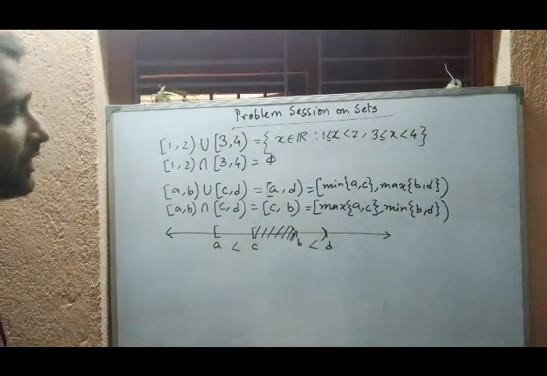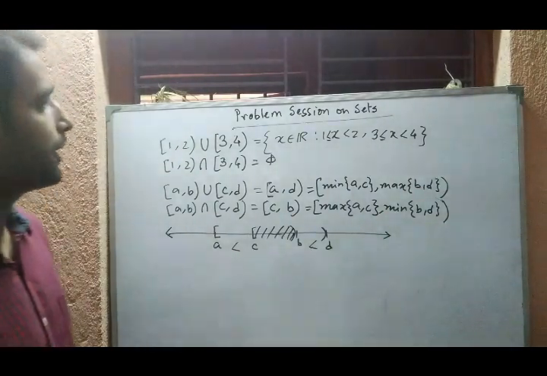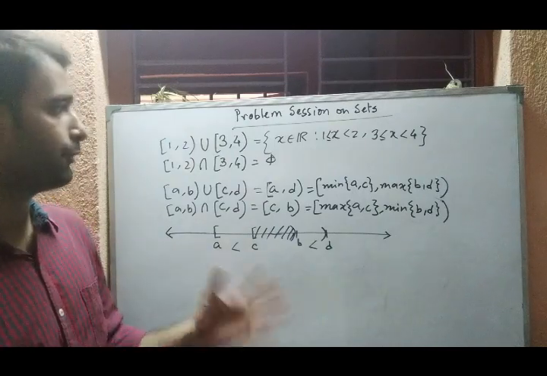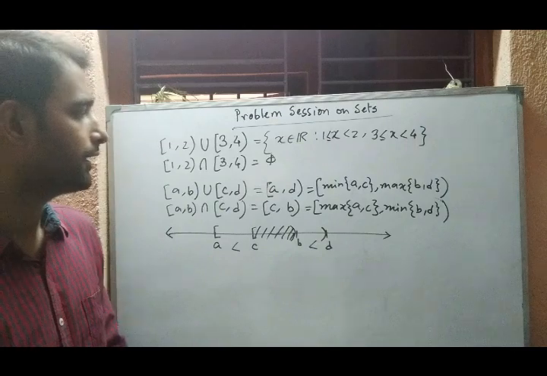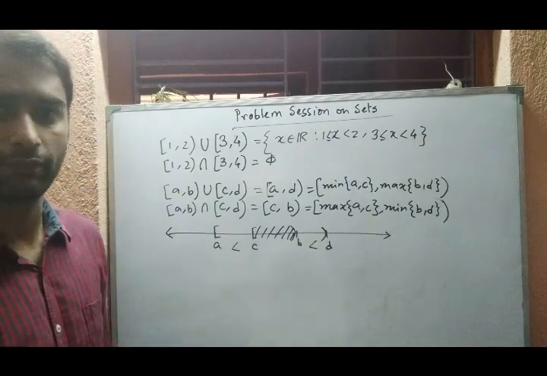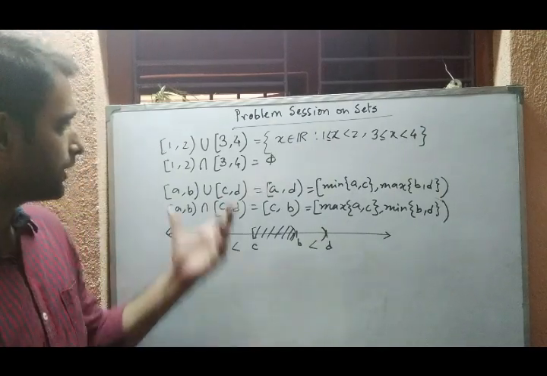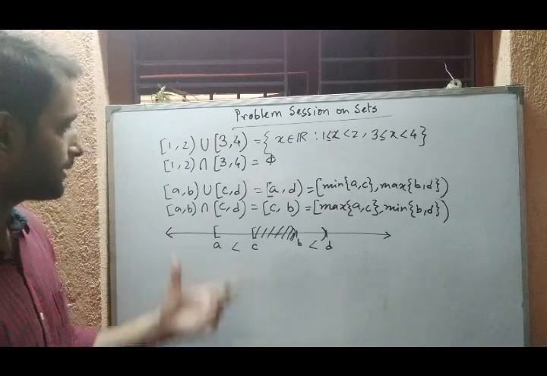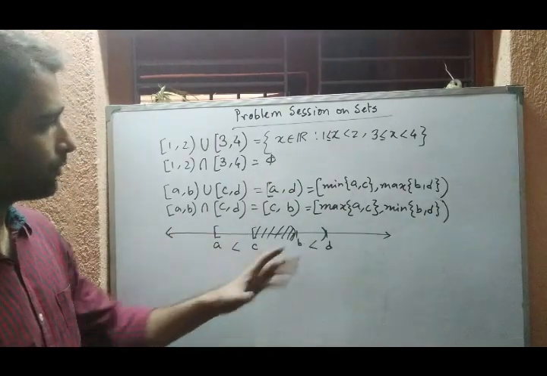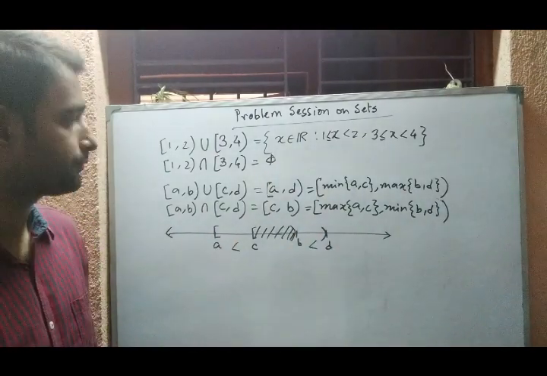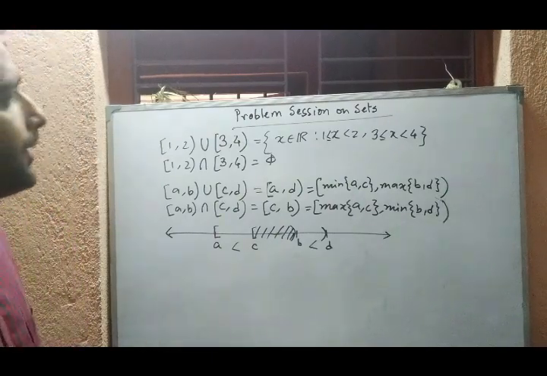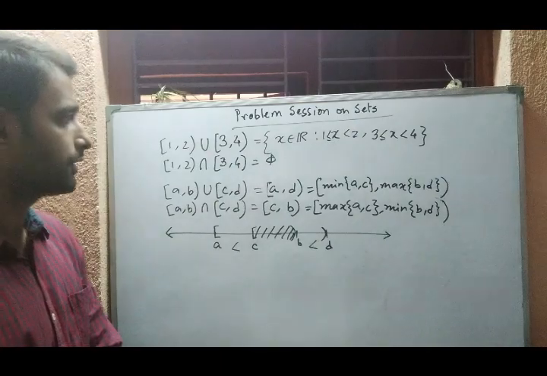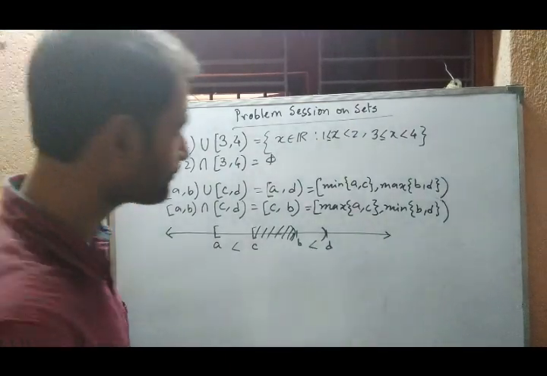That's how they are coming. If they are only open or closed intervals, then their union and intersection will also be in the same pattern or in the same form. They will also be open or closed intervals according to the given ones. If they are semi-open and semi-closed, usually they become semi-open or semi-closed. So this is the union and the intersection of intervals.